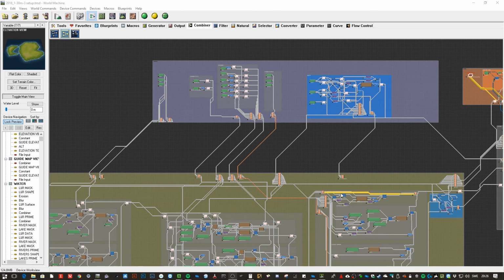Hi everyone, it's Anna Meyer here again, and this time we're going to look at World Machine, the setup that I use for my large overland maps, the latest version of it. This is kind of version 6, and this one is tuned to, or set to, render terrain at